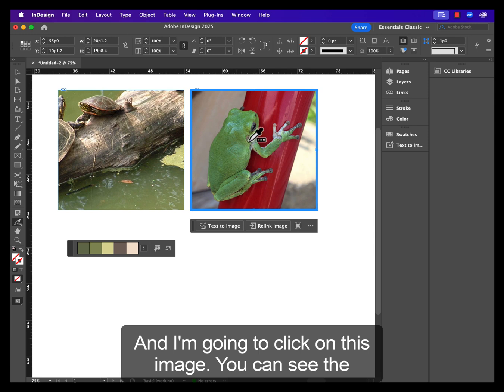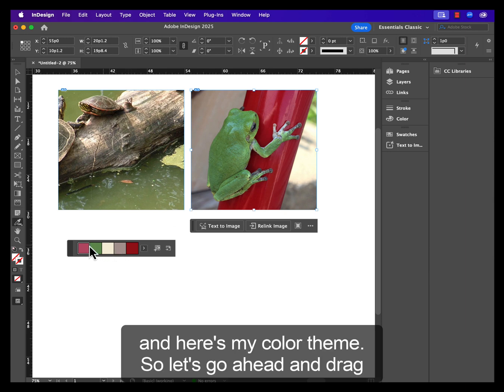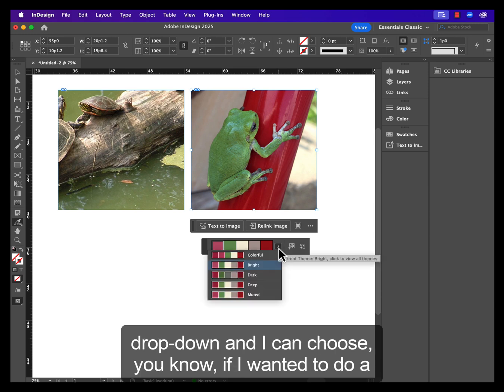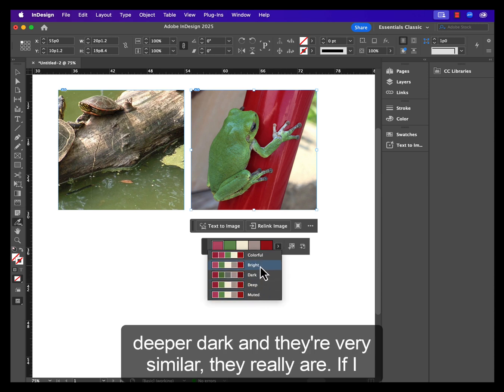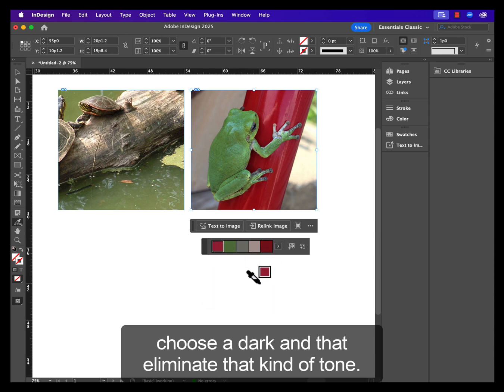And I'm going to click on this image. You can see the frame sort of darkens. Let's click right here, the red. And here's my color theme. So let's go ahead and drag this a little bit closer so I can see. Again, I can use the drop down and I can choose, if I wanted to do a deeper dark. And they're very similar. They really are. If I don't care so much for that rose pink color, I could choose, say, dark, and that eliminates that